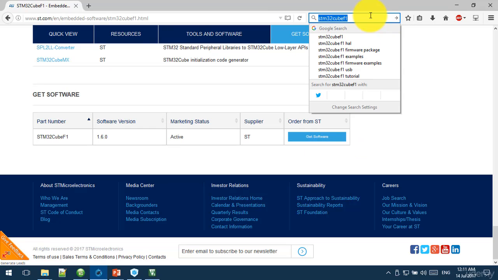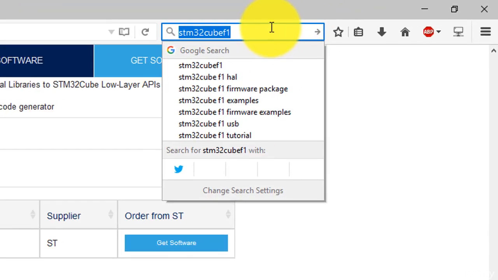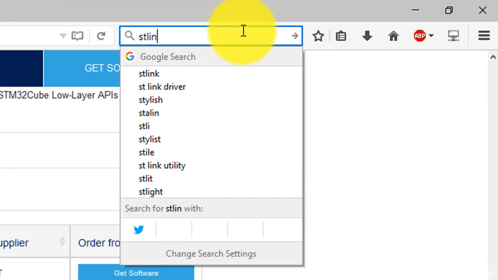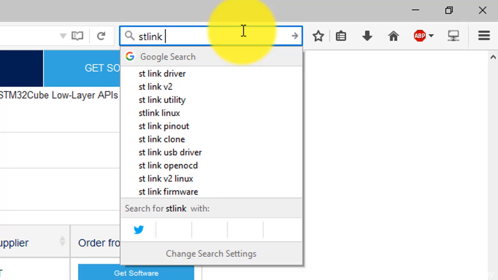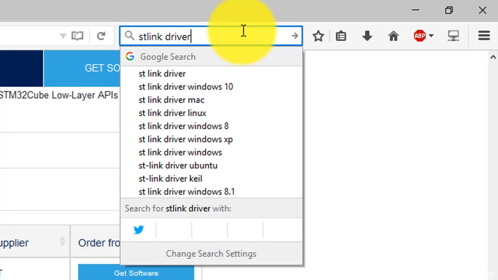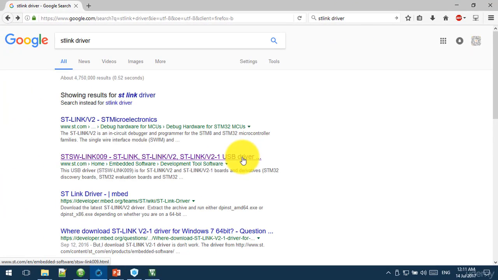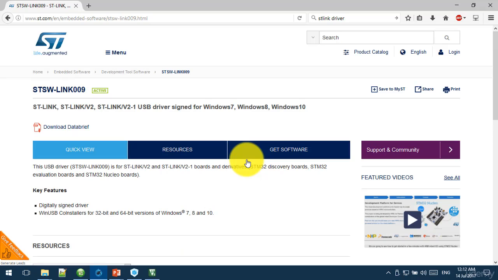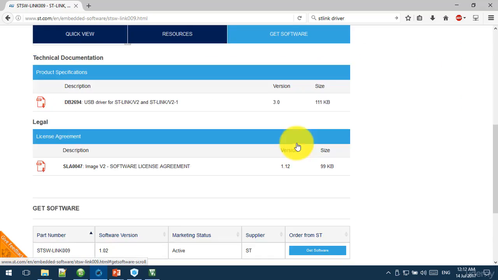To download the ST-Link USB driver, you can search for ST-Link driver. Click this link to download the USB driver, and then you can click this button.